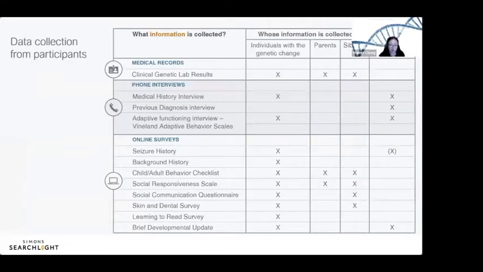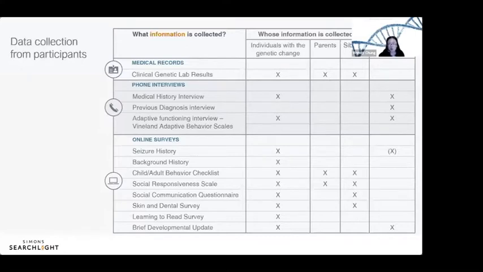I'm going to walk you through the types of information we collect, and I'll say that when I'm talking about this today, I'm not going to talk about all of this information. We set this up so that families, as they're participating, we try and get what we find to be the most valuable information for other families first. And over time, there are things that are more detailed and helpful, especially to researchers. So all of this is helpful to someone, but we've tried to sort of front load the things that families find most useful to each other so that we can make sure that we're generating information that you can use.